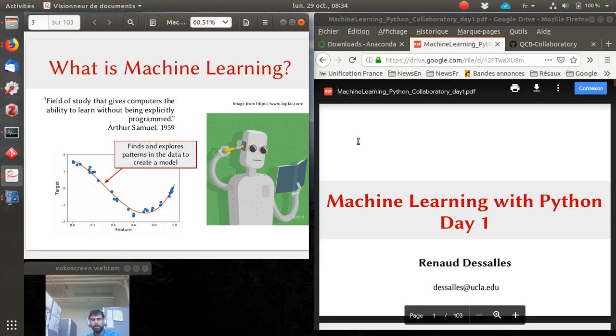So basically, it's not like usual programming, like maybe some of you did in the introduction to Python workshop on the Collaboratory. If you did that, you see that we say explicitly to the computer what to do. In that case you do that, in that case you do that, in that case you do that. Machine learning is slightly different. You are more like a guide. You guide the computer